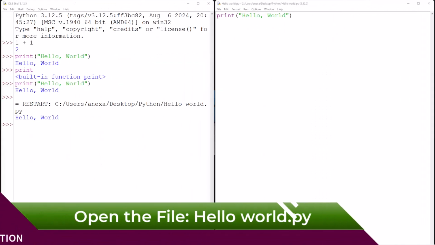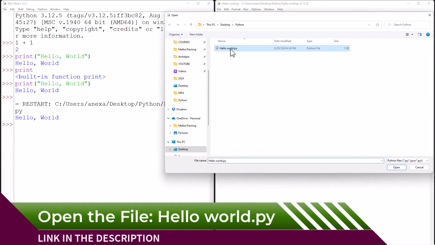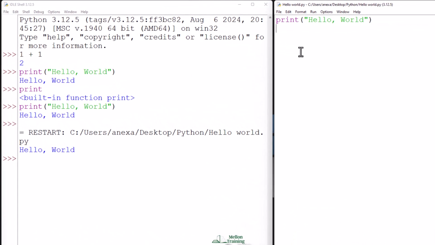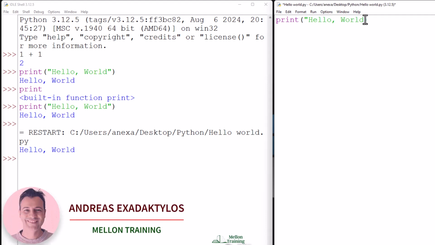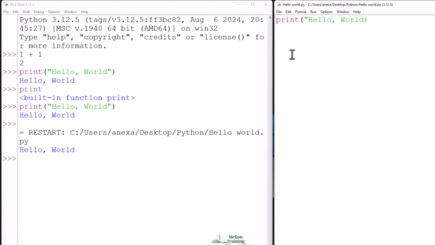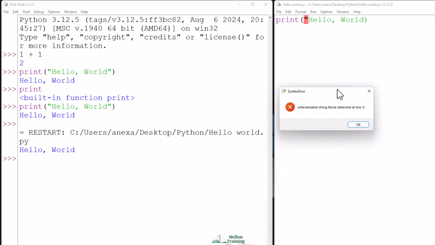I want you to reopen your hello_world.py file. And at the end of it, go ahead and remove the second quotation mark. So it starts with a quotation mark and then hello world, but there isn't one that closes the quotation there. If you save that and then run or press the F5 key, you get something new here where it says